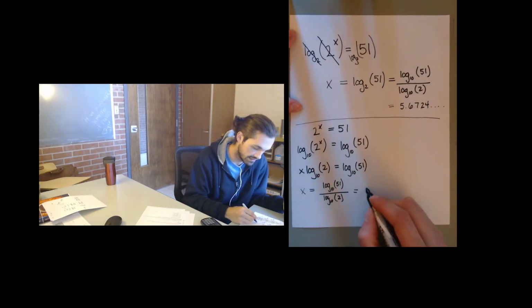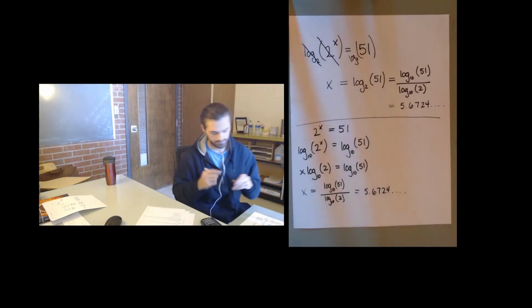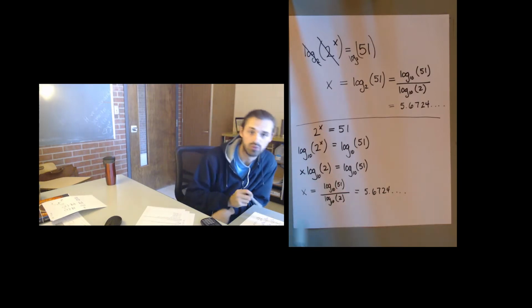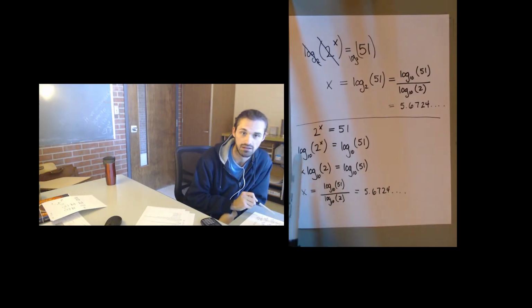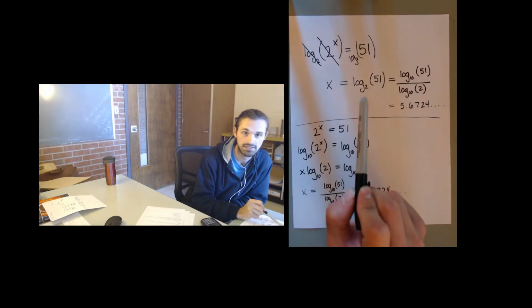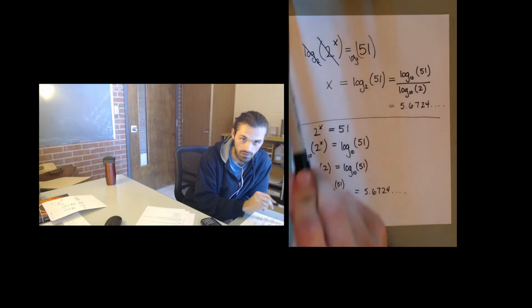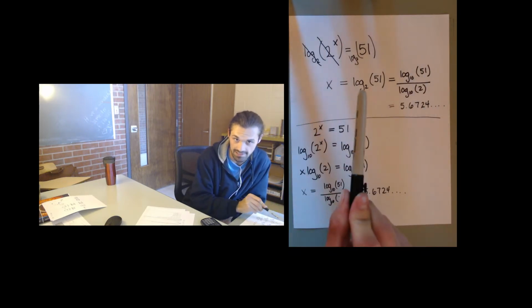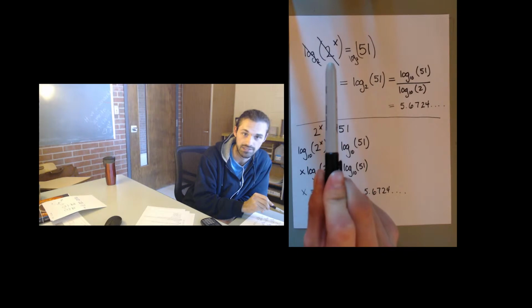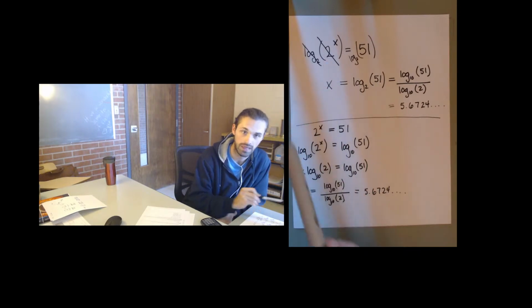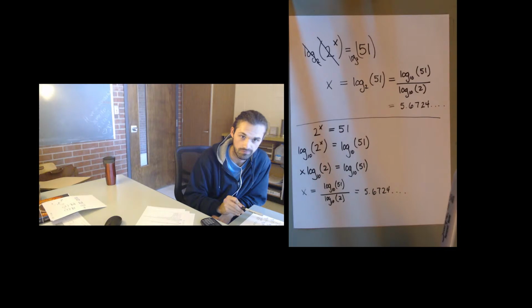So this yet again is going to give me 5.6724... So the book primarily has you only utilize this log base 10 because that's where you start when you look at logs. This log base 2 is more of an advanced application of logs, but in practice, this is how you would want to do it, with a log base 2, because that's what it's for, unwinding exponentiation with a base 2. However, just because we're kind of in the shallow end of the pool, we're utilizing only a